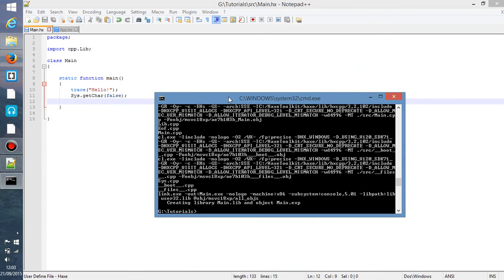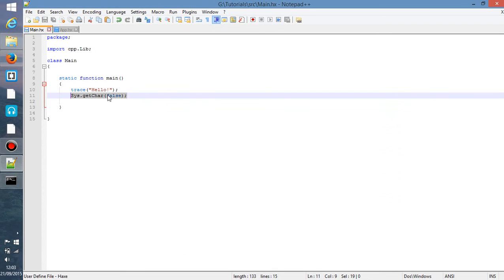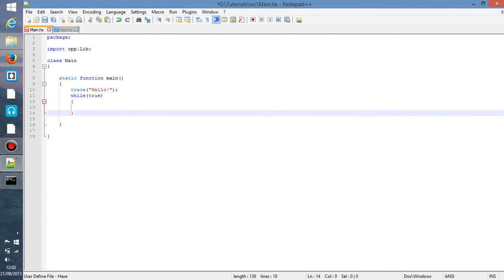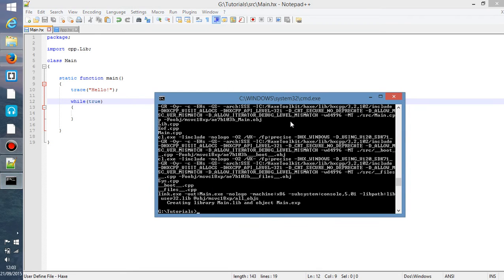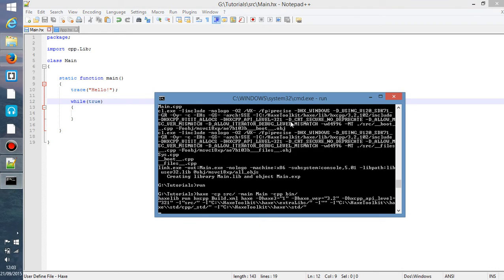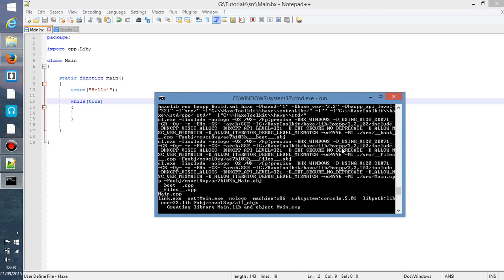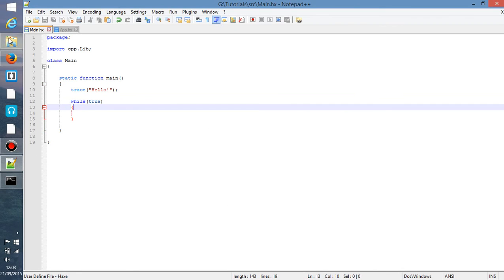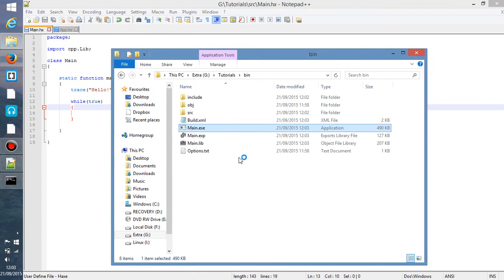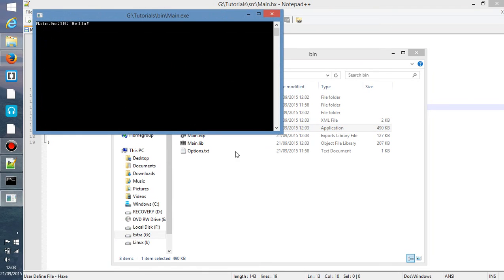There is an alternative that we can do, and that is to do a while true statement, and that will consistently loop until we close it. That will do pretty much the same thing, it's just a different way of doing it. Some people prefer to do that, and it's probably the better way to do it. So we'll do main.exe, and once again it doesn't